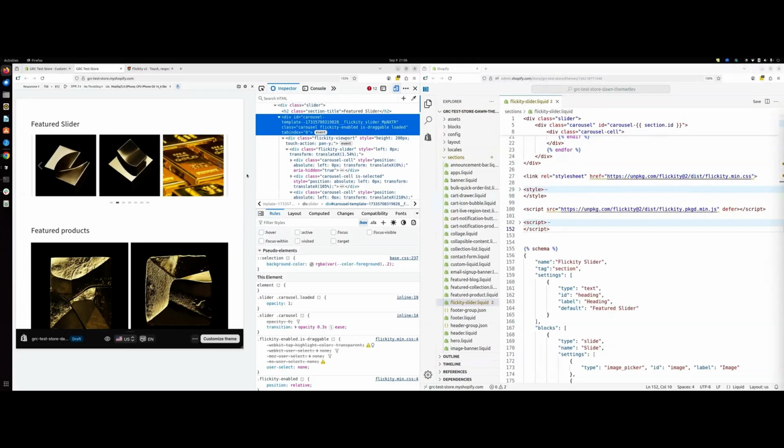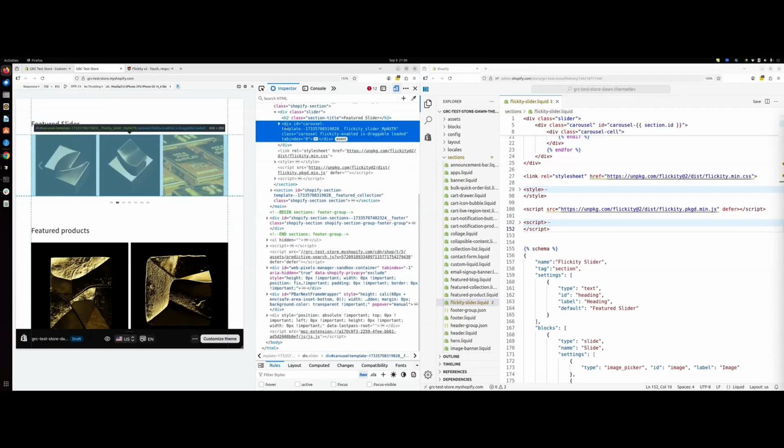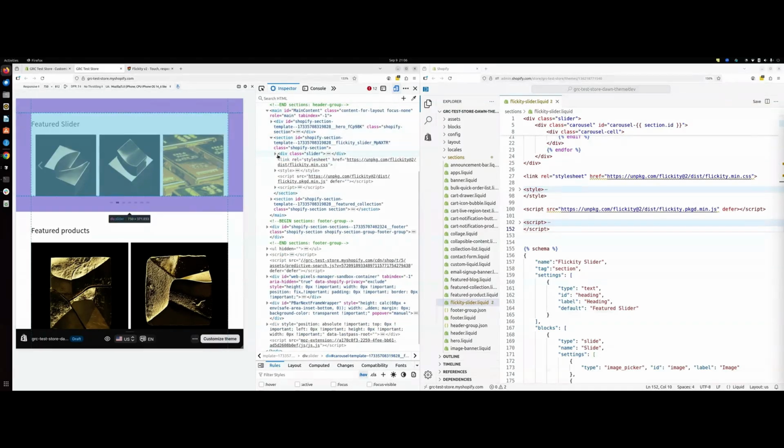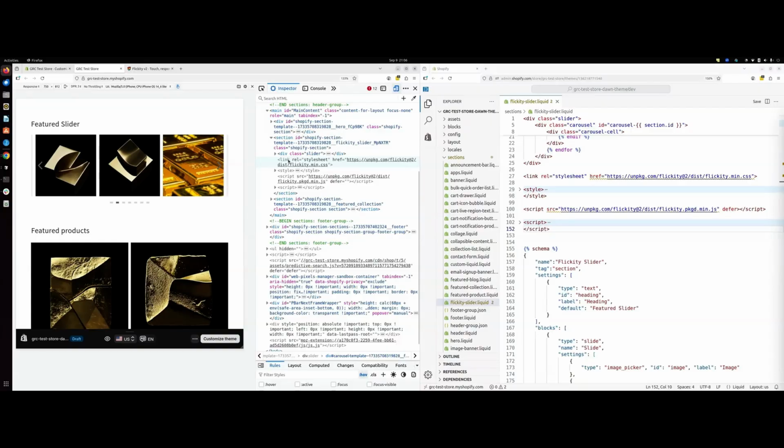If we go into the HTML and we look at this template, we can see here's our carousel, here's our slider, and here's our section. So there's a slider, but then here's this link tag right here. And then here's the styles that we wrote. And here's the script tag and the JavaScript. It's all just shoved into this component,